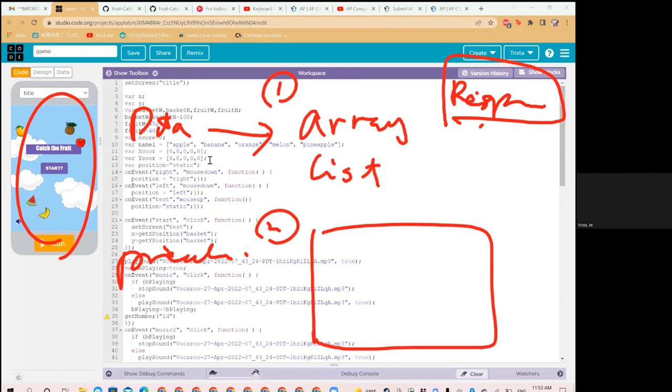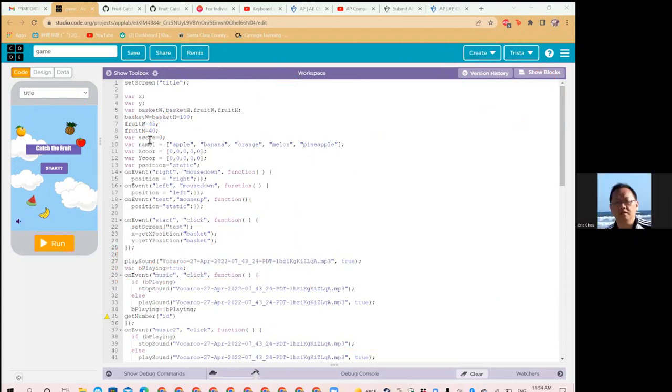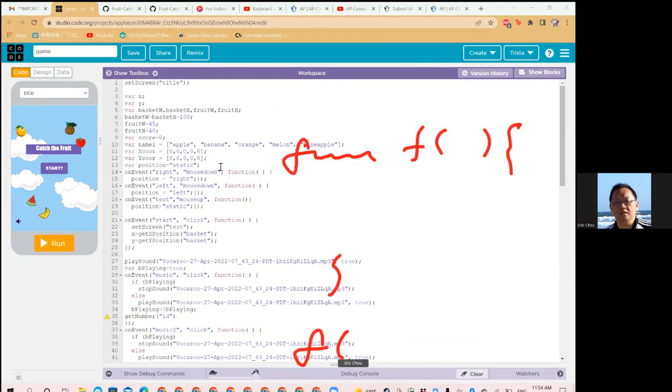Have you worked on the written report yet? No, not yet. Yeah, you have to work on the written report. You need to talk about the code that you've written, right? You need to do it, and then come back to modify your code. If your code does not have a function call, you have to implement one. What do you mean, function call? Function call means that you need to use a function. You need to define a function, and later you must call the function.